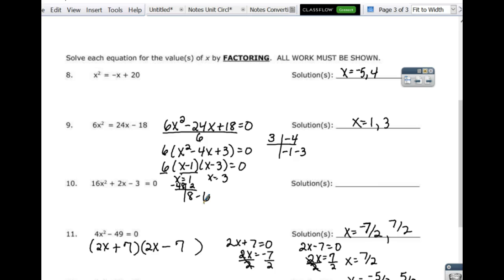But what goes in the parentheses? What's the leading coefficient this time? It's 16, right? It's not a 1 this time. This time it's a 16x plus 8 and 16x minus 6. And you have to reduce these and get your answers then. And if you do that, you end up with